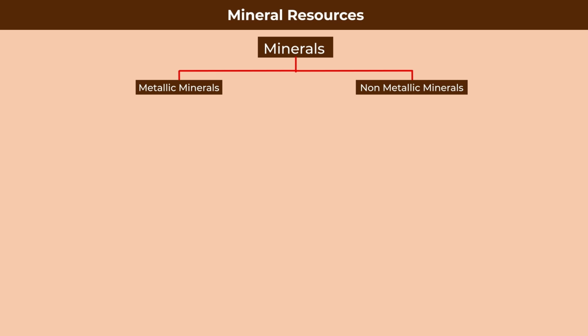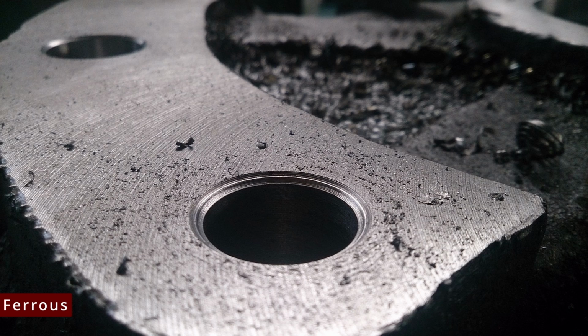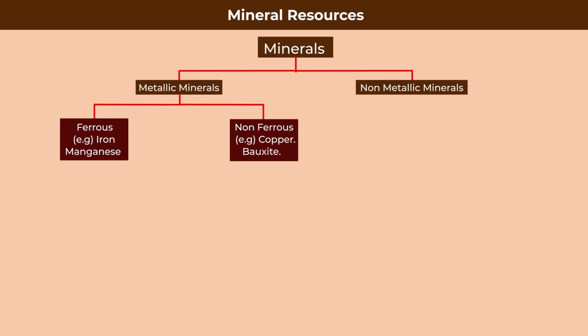Now metallic minerals are further divided into ferrous minerals and non-ferrous minerals. What are ferrous? Ferrous minerals are mainly constituted by iron content, iron ores, iron material in it, ferrous material. Example, iron ore. They also exhibit magnetic properties. They are strong and durable, but one of the limitations of these ferrous minerals is they are susceptible to rusting and corrosion when exposed to moisture. That is about the ferrous minerals. What are non-ferrous minerals? Of course, they lack iron content, which is the main constituent in ferrous minerals.